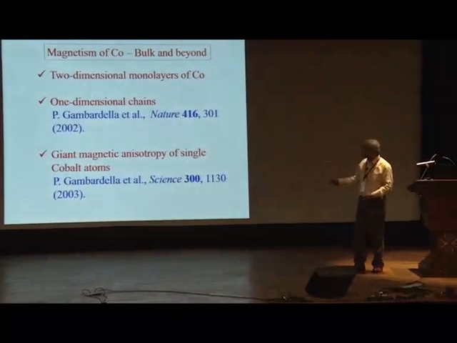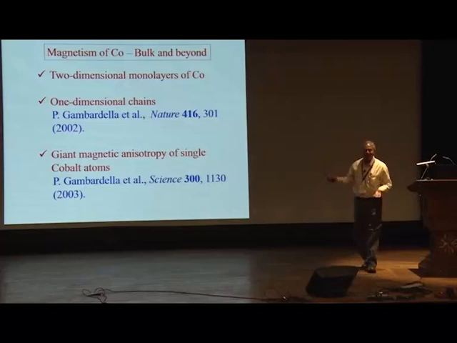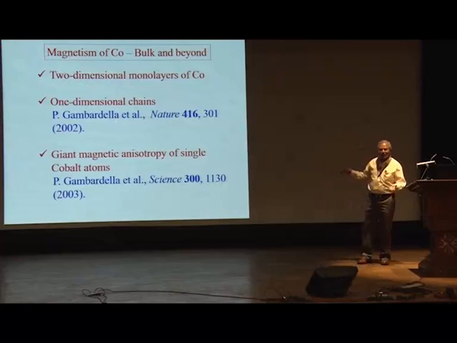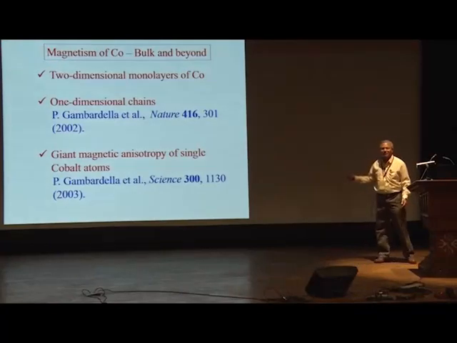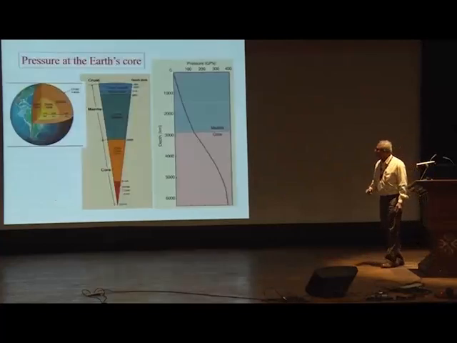There have been fascinating experimental results in 1-dimensional chains, and then 0-dimensional single cobalt atoms have also shown very fascinating results. For example, the anisotropy of single cobalt atoms was about 9 millielectron volts, which is about 5 times that of samarium cobalt, the strongest bulk ferromagnet. So such interesting experiments have been done by going down in dimensionality from bulk, which is 3-dimensional, to 2-dimension, 1-dimension, and 0-dimension. But still, there is a lot of fascinating stuff waiting for us.